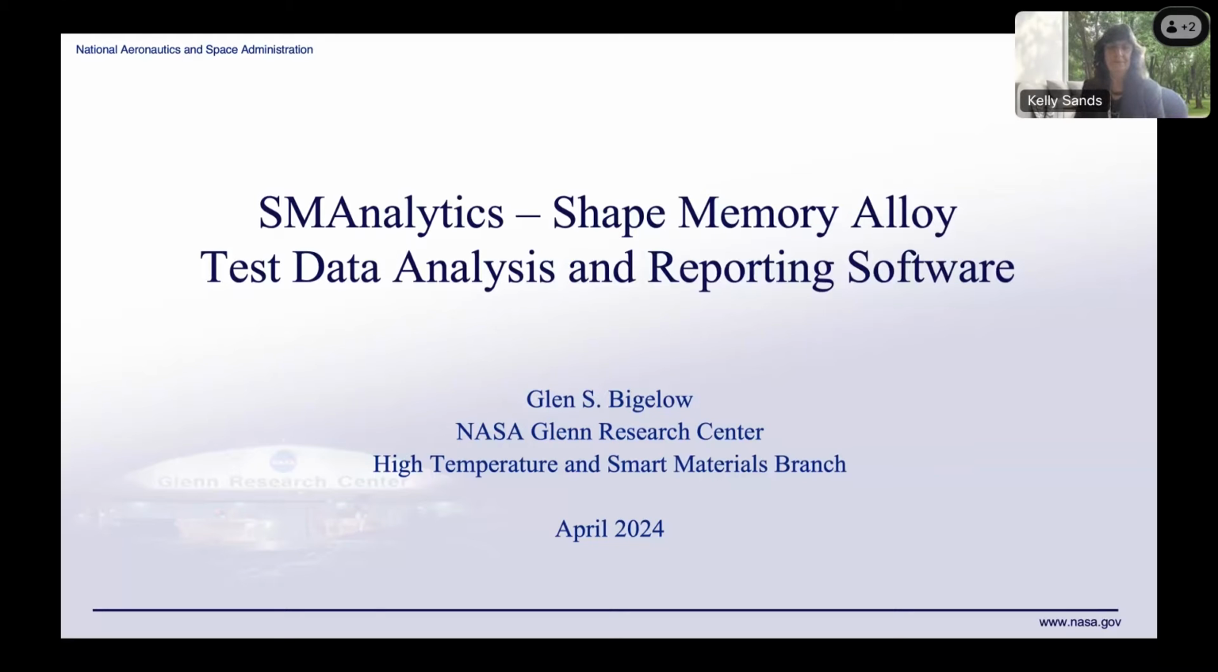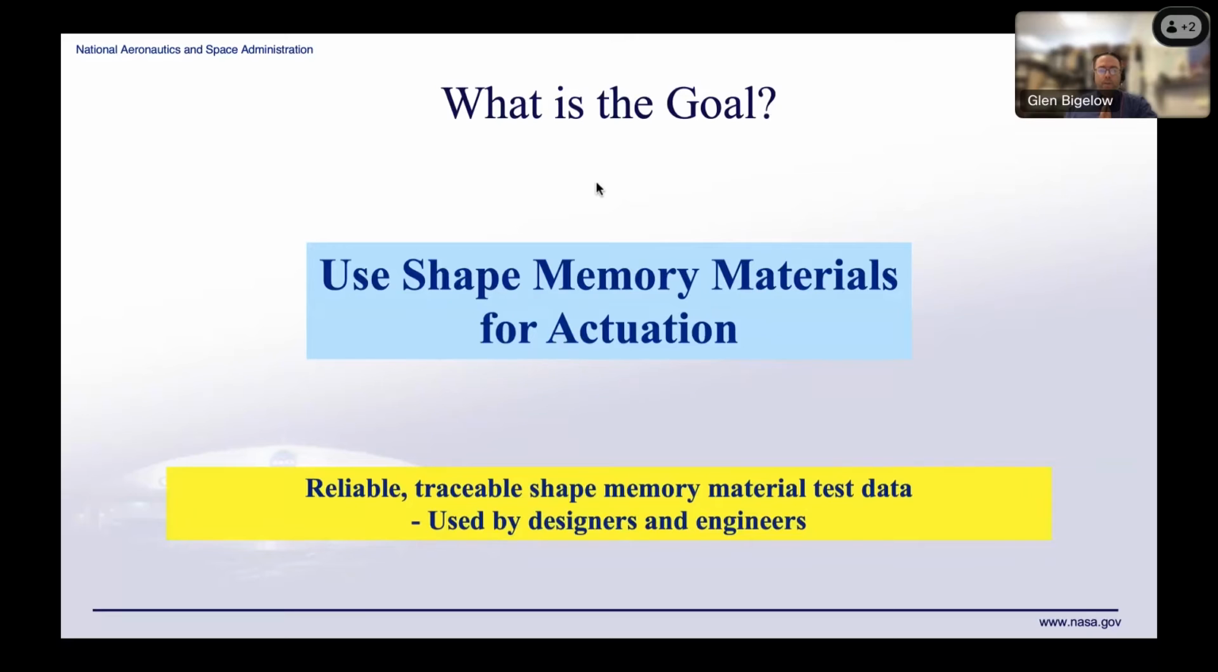All right, thank you, Kelly, for the introduction, and thanks to everybody for attending. I hope this presentation is very helpful to everybody, and that this software will aid everybody in their jobs and help out with improving shape memory alloy technology. So, like Kelly said, my name is Glen Bigelow. The goal of this whole software that we've developed here at NASA Glen is